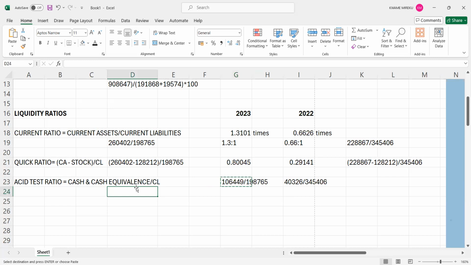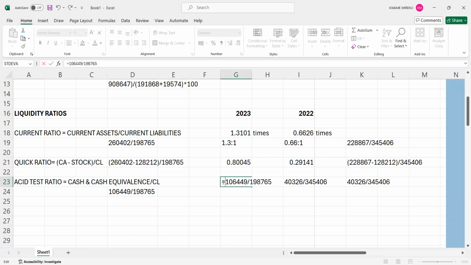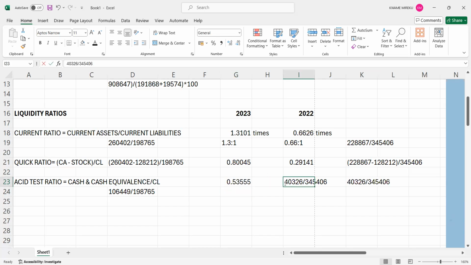So I'll put the figures here just in case you have to revise, so that you know where we had the figures from. Okay, so equals to